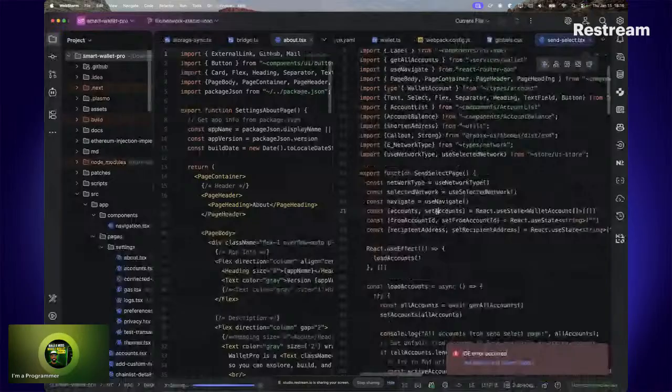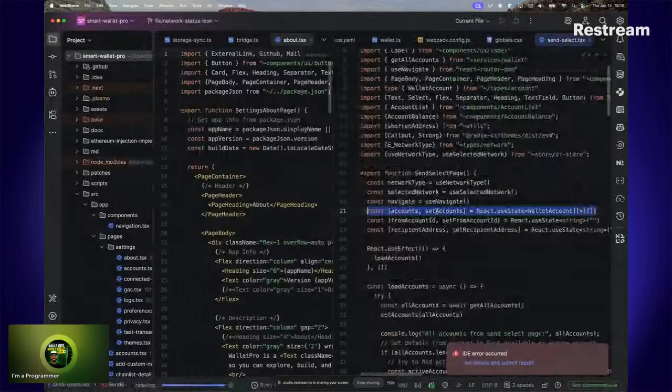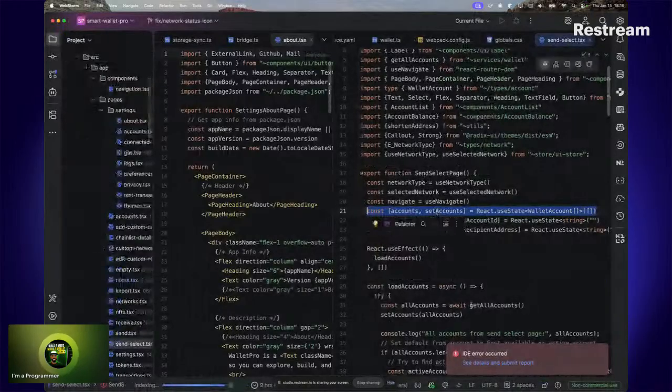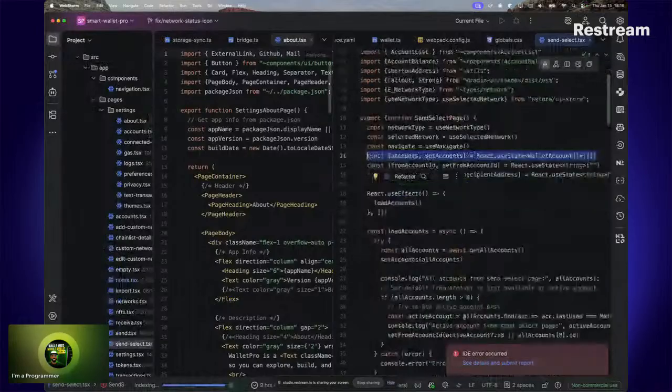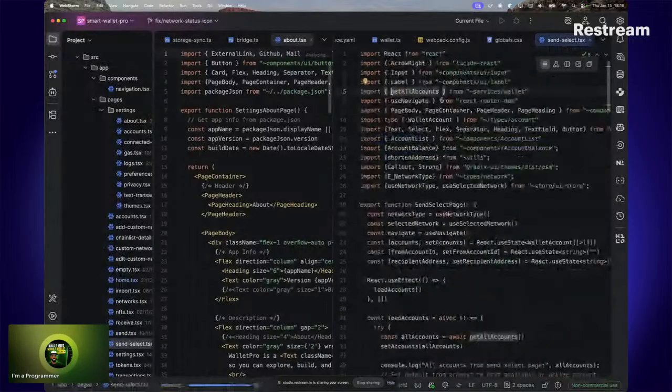Accounts come from here. Okay, account is just a state that we define. But then we don't need to do all that because account list also comes from there. But this is just a way of getting all accounts. And getting all accounts comes from